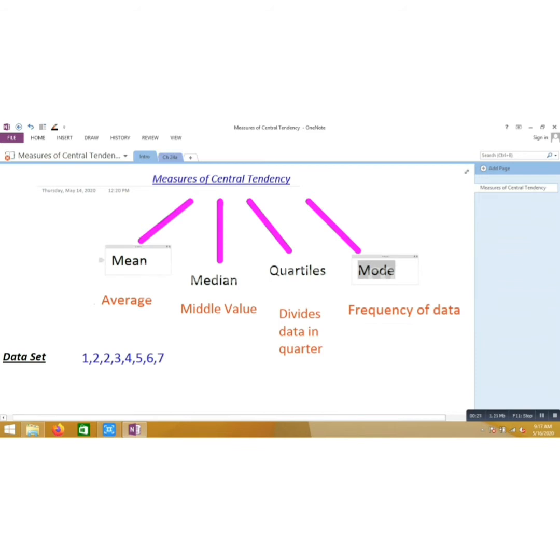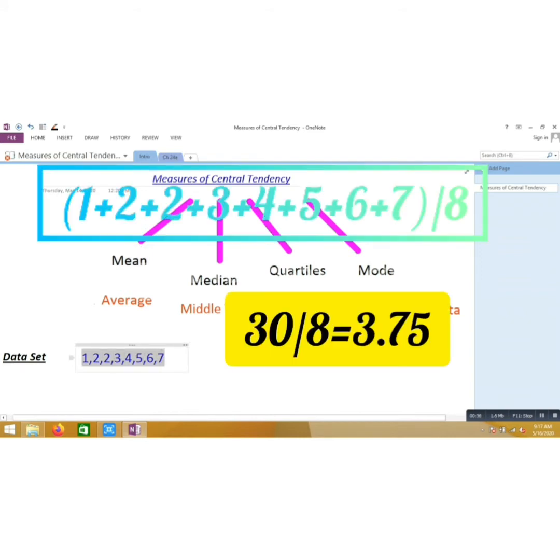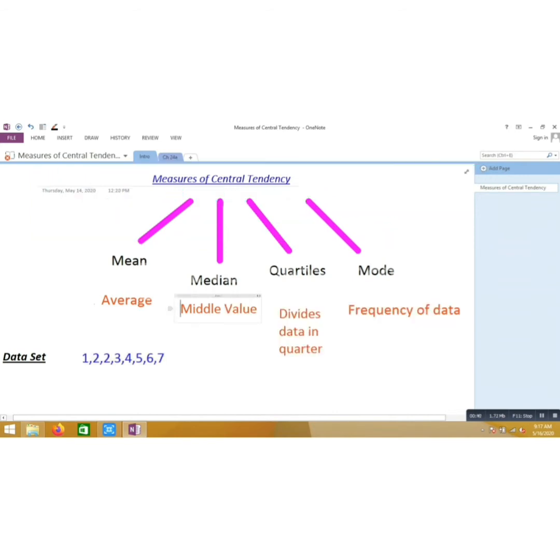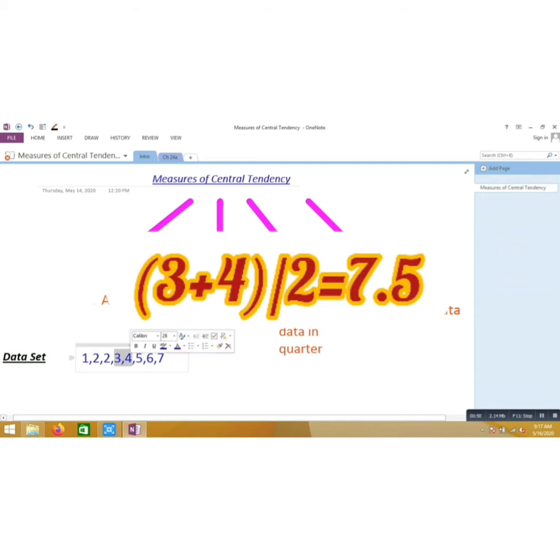Mean meaning we need to find the average, and given below a data set, so for which we can see the average calculated. Median meaning middle value. Here two values are there in middle. If it's only one, you can directly take that. Since we got two values in the middle here, we need to do the average of those two values